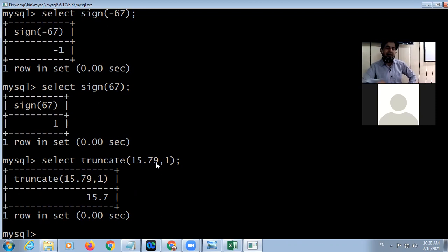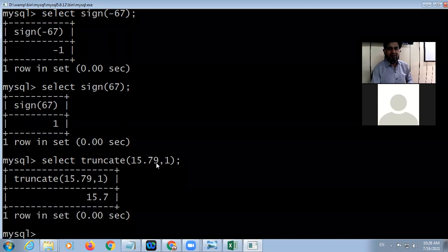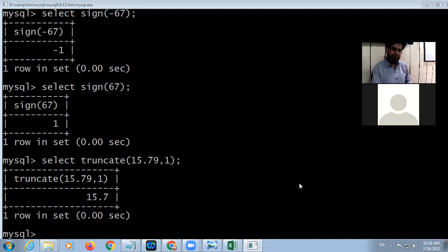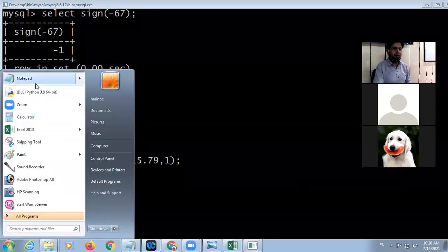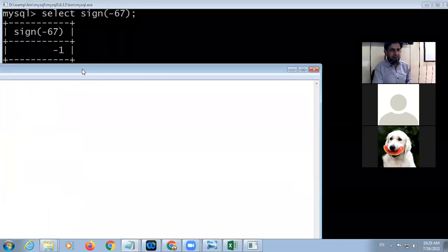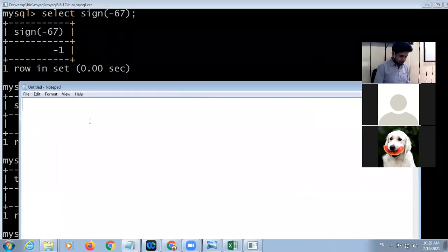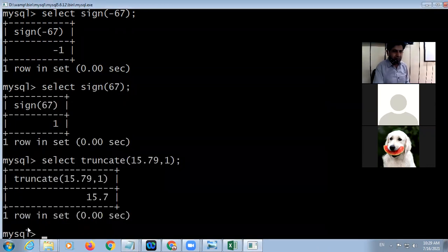It will delete the rest, it will not round up. This is not round off; it eliminates the decimal digits. Avesh, is this clear beta? Yes, sir. Okay beta, so among the numeric inbuilt functions, another one is mod, beta. Let's discuss that also.